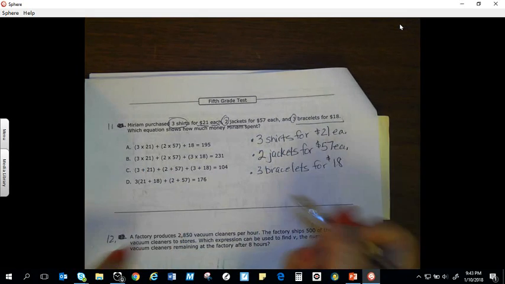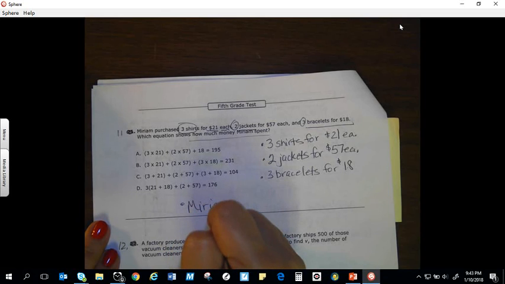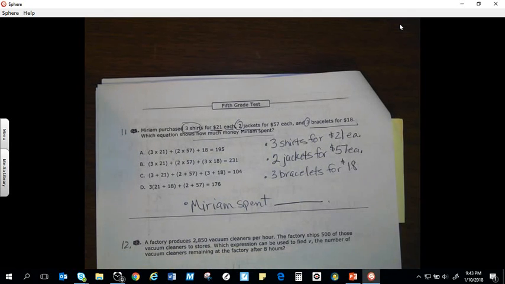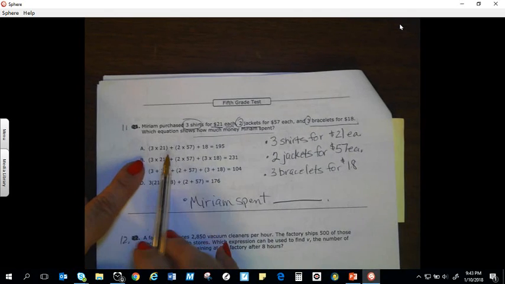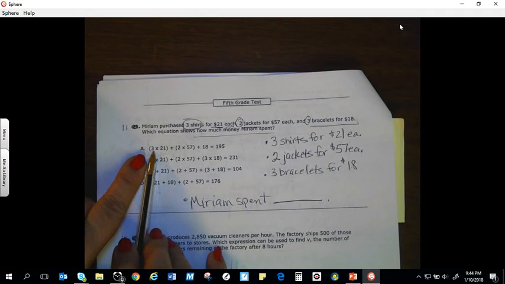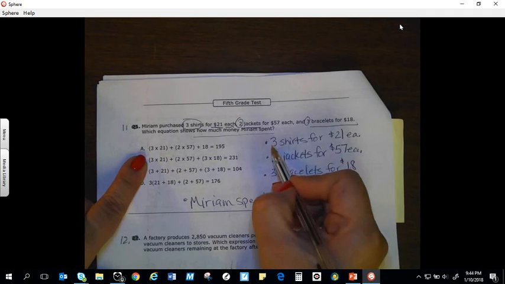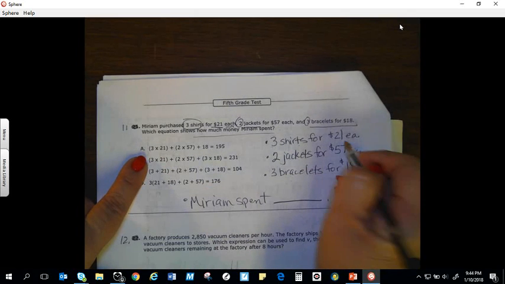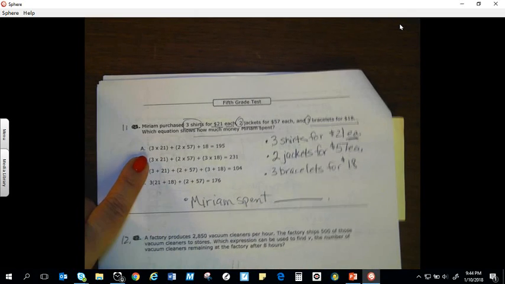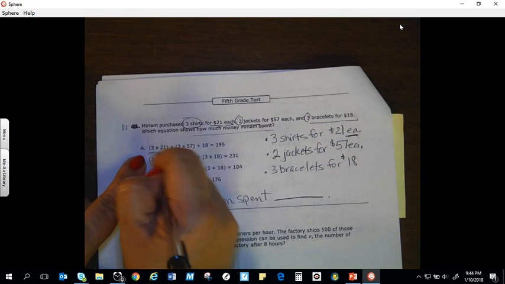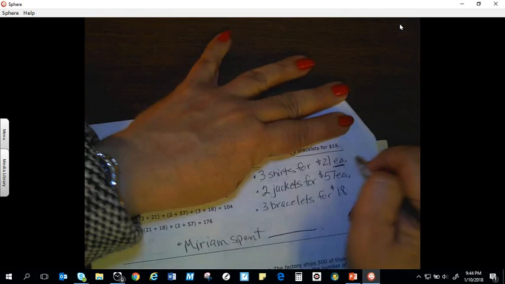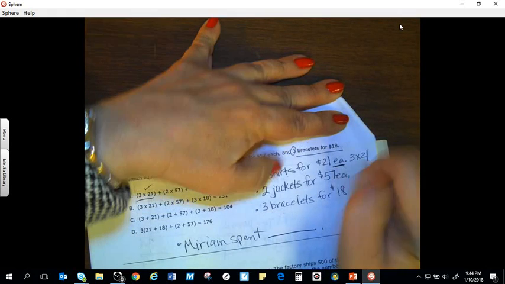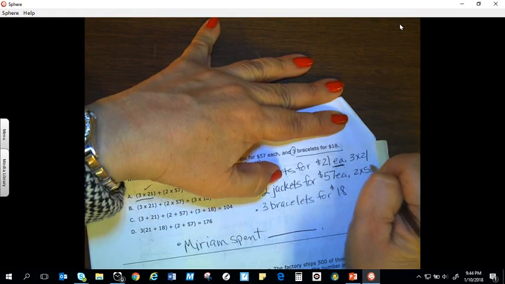Okay, and the question is which equation shows how much money did Miriam spend? And my statement would be Miriam spent blank amount of money. Okay, now let's take a look here. Let's look at this first equation. She bought 3 shirts for $21 each. See that each? So each shirt was $21. So this one here fits this statement because I would need 3 times 21, 2 times 57, but then there's